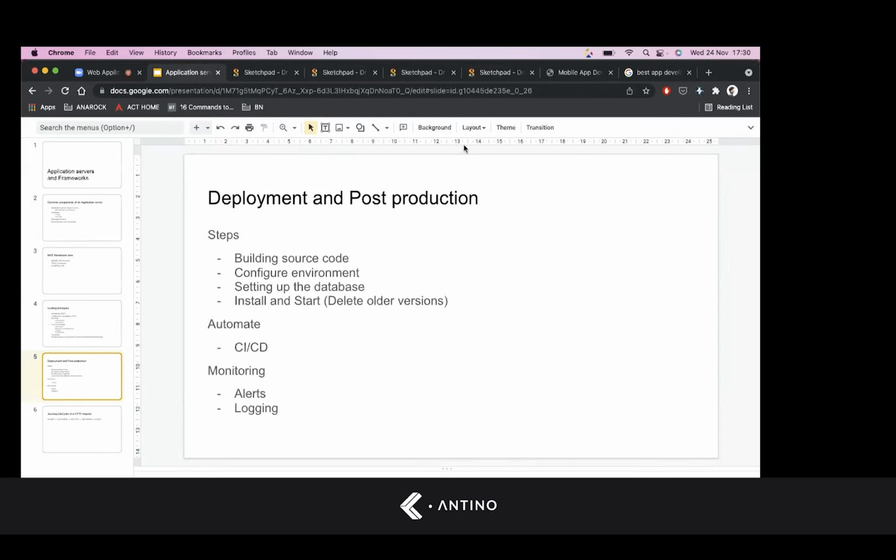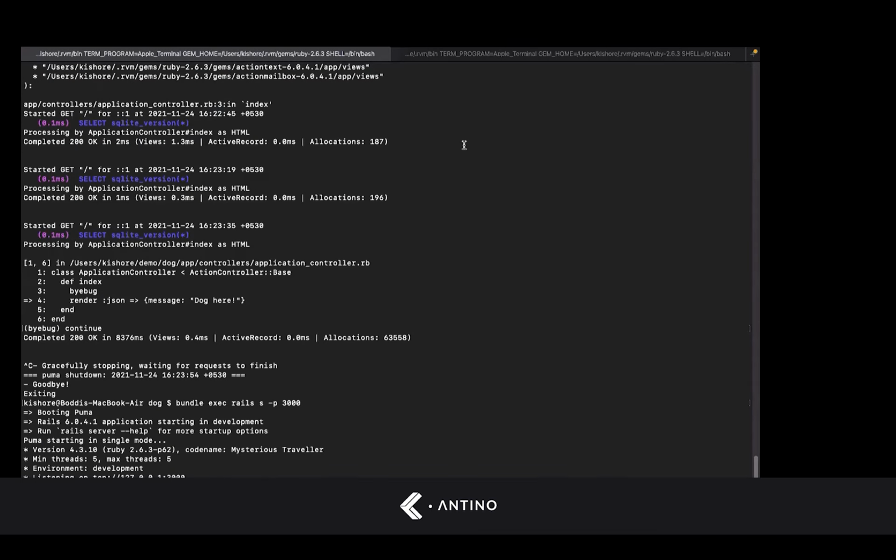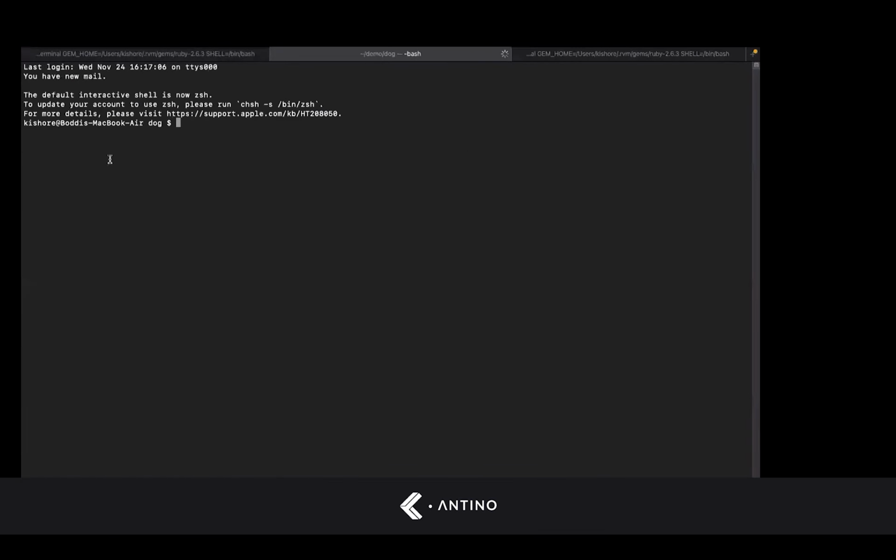Okay. Let's move on to creating an application. So I'm creating a Ruby on Rails application. The code will be in the Ruby language, and the name of the framework is Ruby on Rails. Okay. The way to create an application is